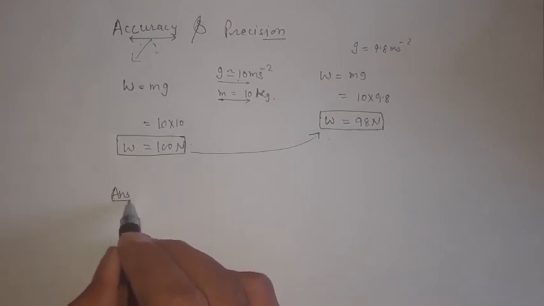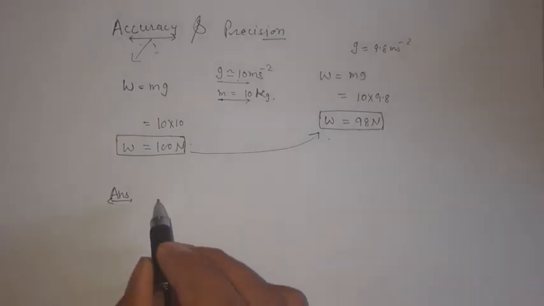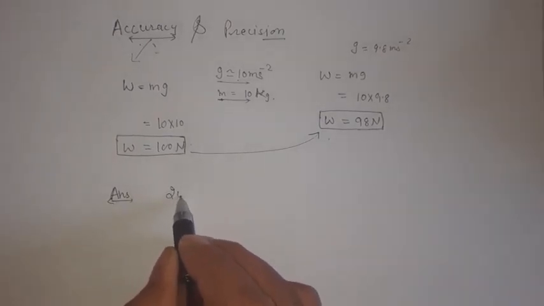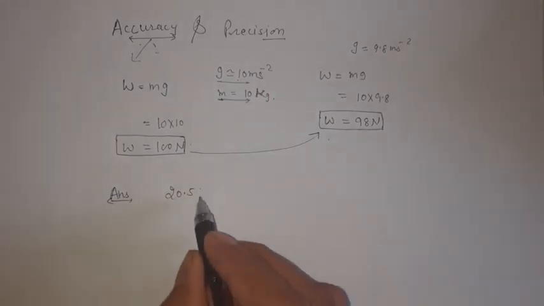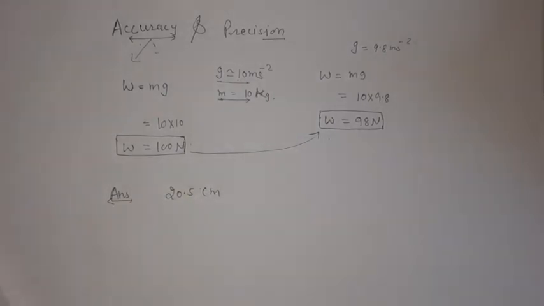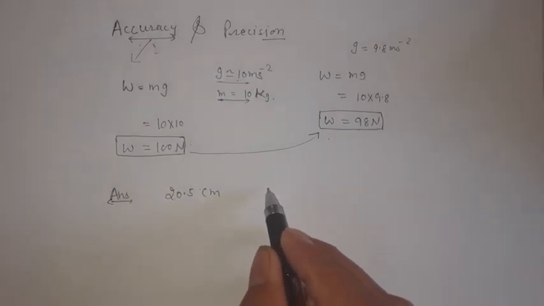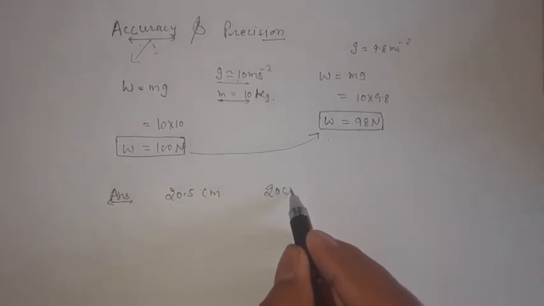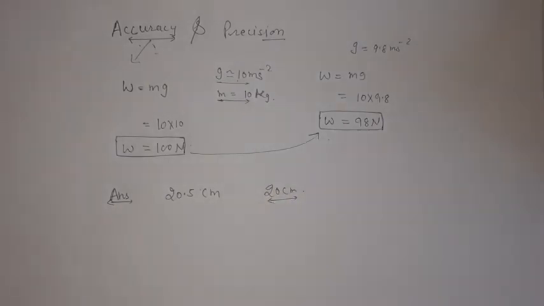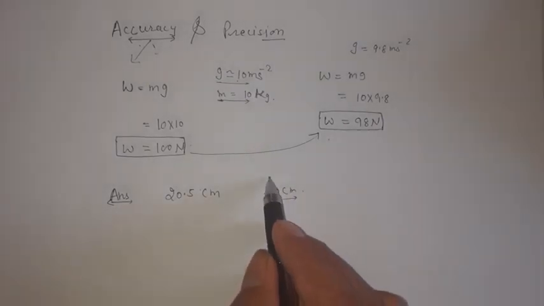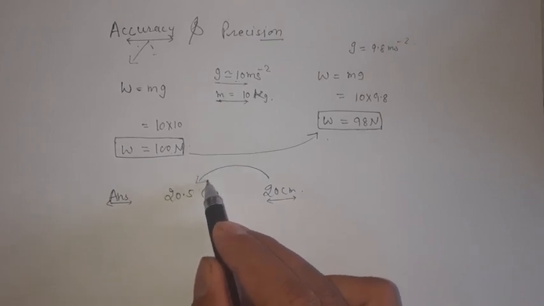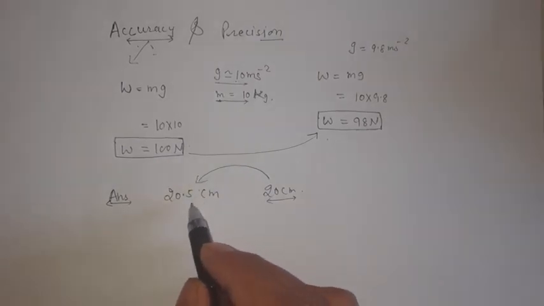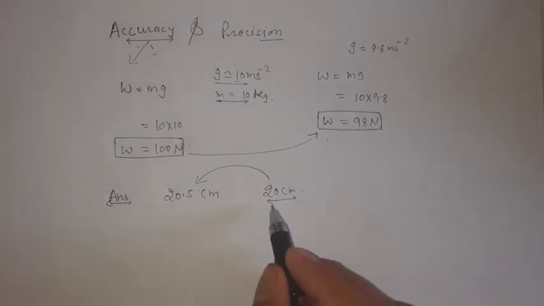Sometimes, let us suppose you have gone through a mathematical question, and you got your answer: 20.5. Let us suppose it is a length. But when you checked at the back of the exercise for the real answer of this question, you found that it is 20 centimeter.